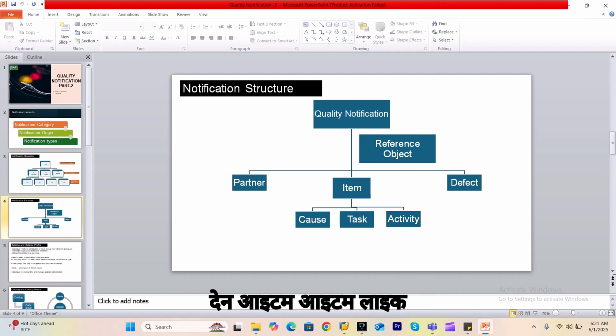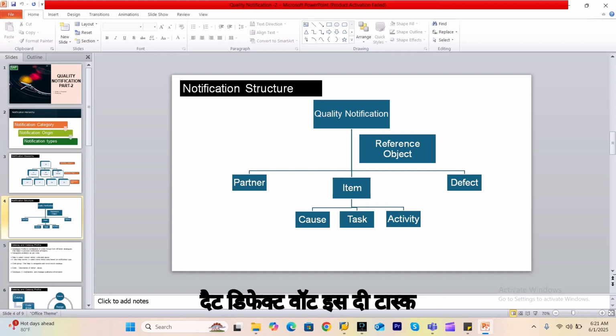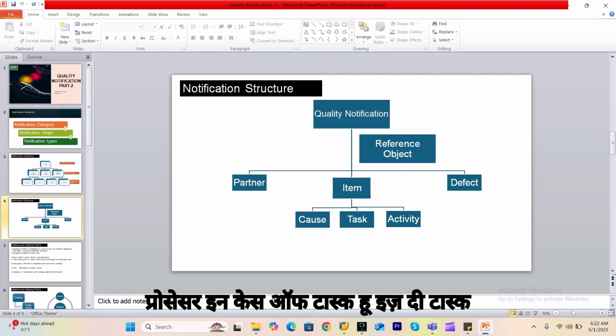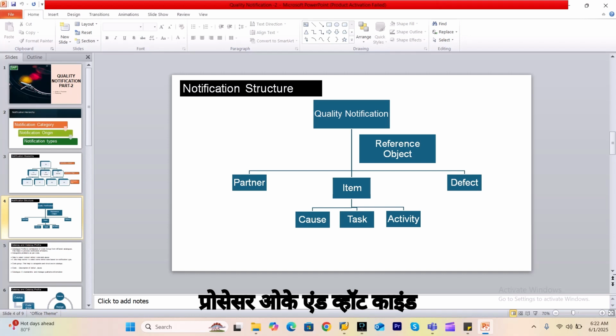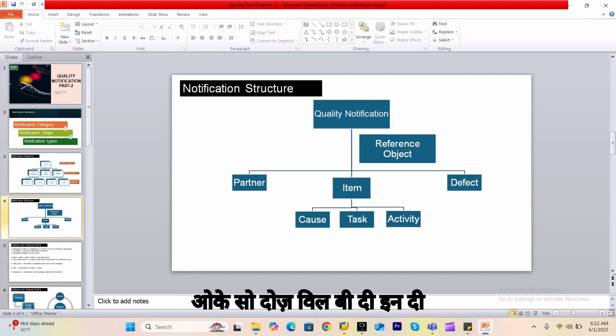Then item. Under item there is the cause, what is the cause of the defect, what is the task performed, what activity needs to be done, and who is the task processor, and what kind of activities he or she will perform. So those will be in the item. Now if I go to SAP,